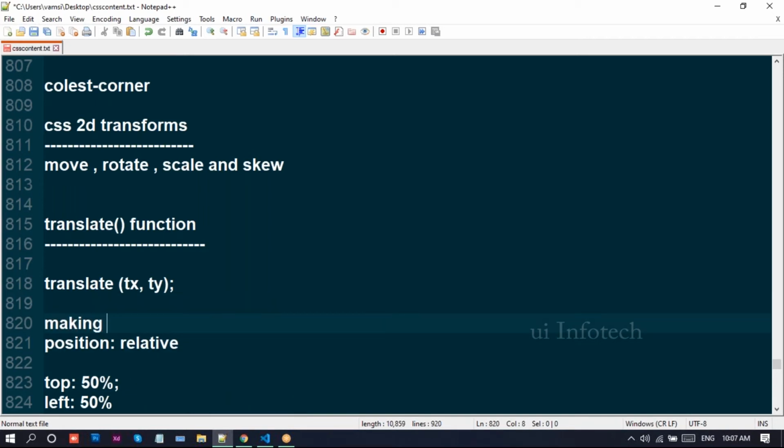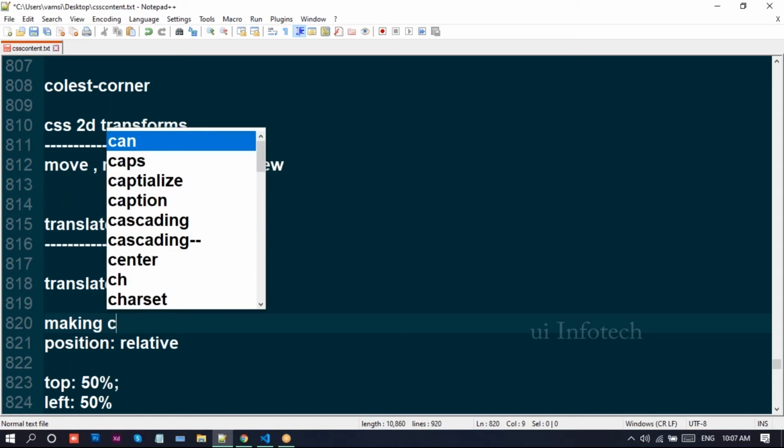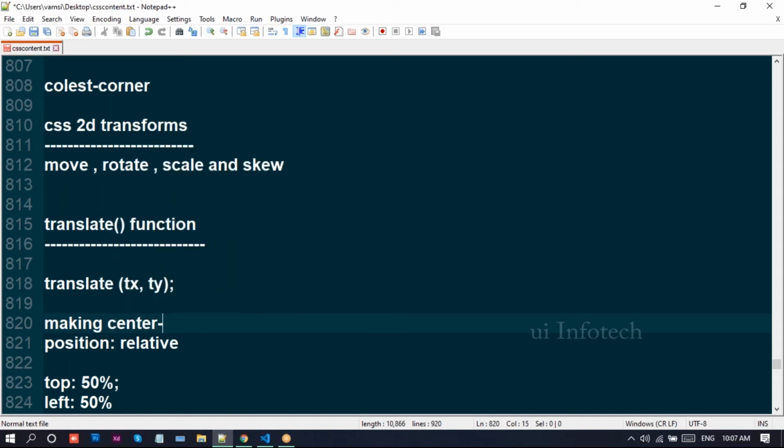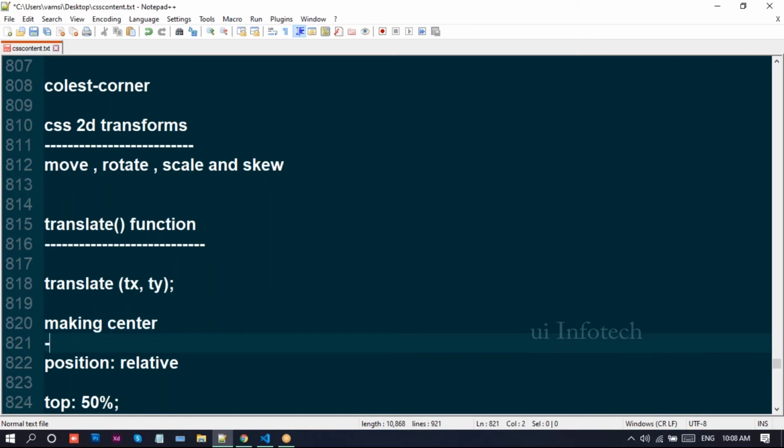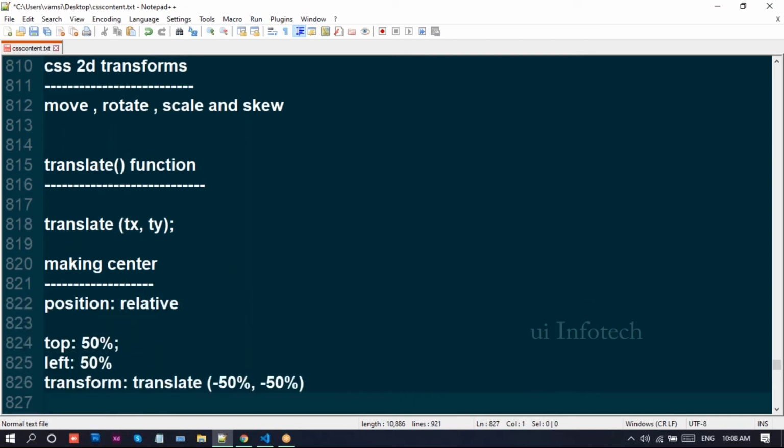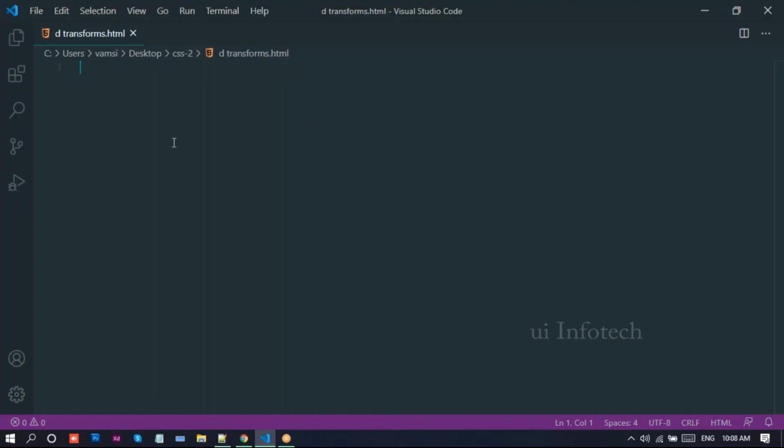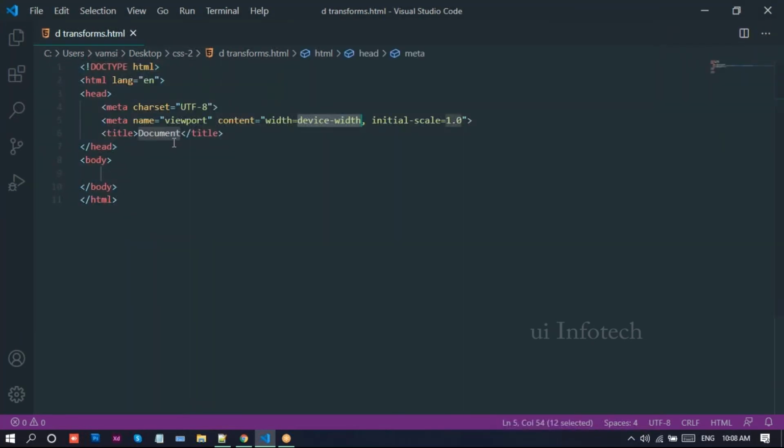You can give percentages there. So this makes the exact center: transform translate minus 50 minus 50, along with top and left positions.